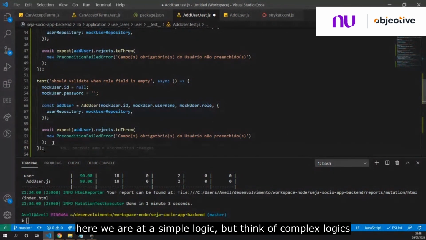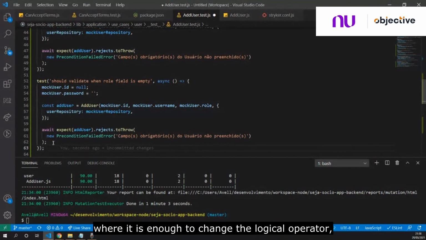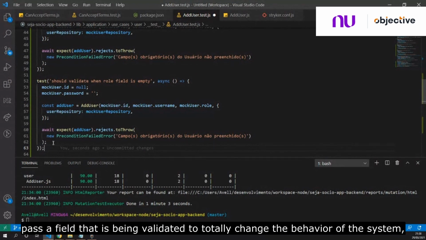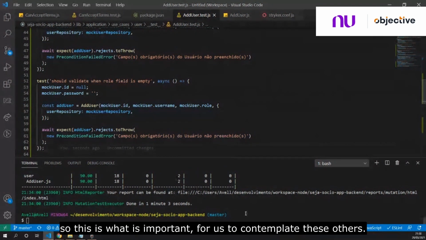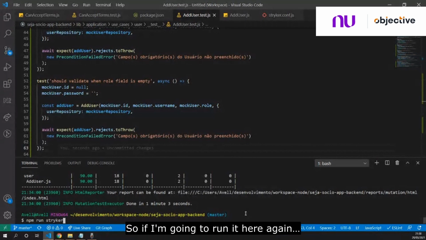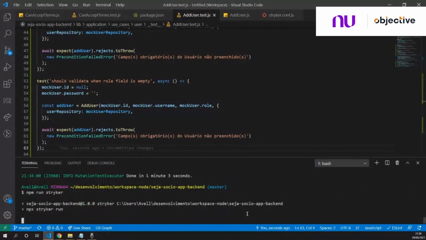Mas pensem em umas lógicas complexas, onde basta mudar um operador lógico ou passar um campo que está sendo validado para mudar totalmente o comportamento do sistema, né? Então, por isso que é importante a gente contemplar esses demais. Então, se eu for executar aqui novamente,